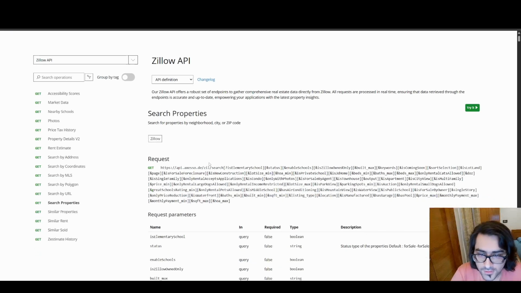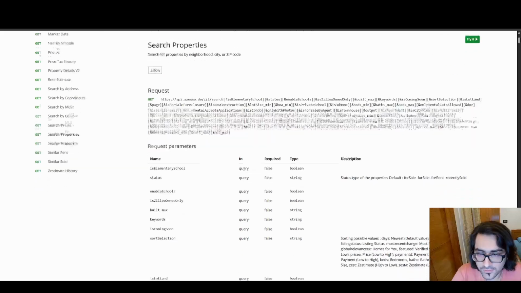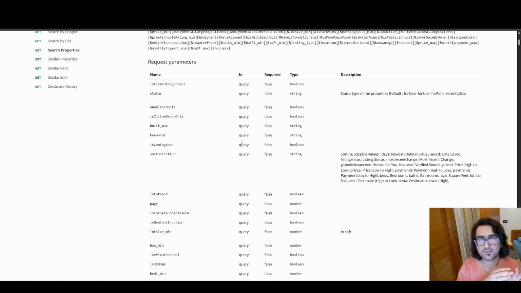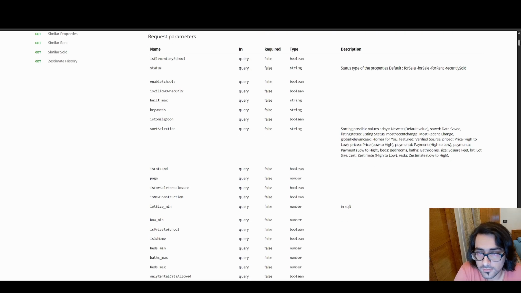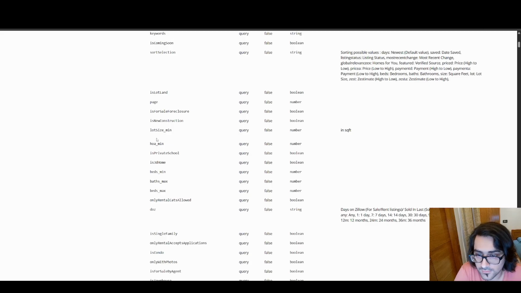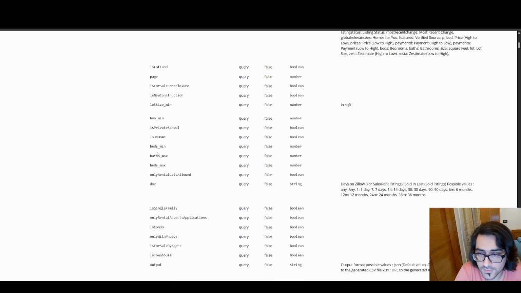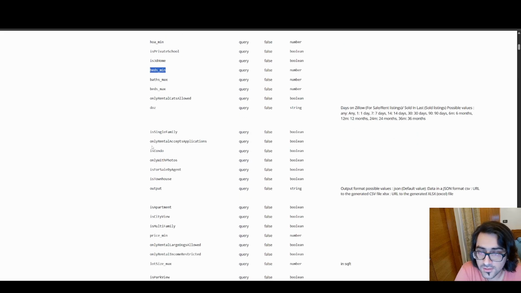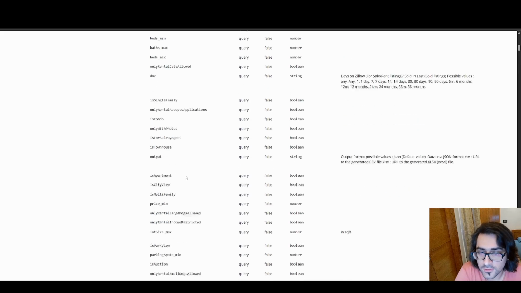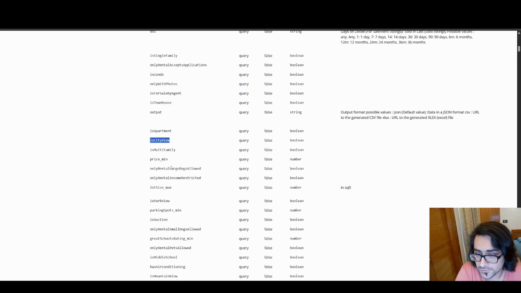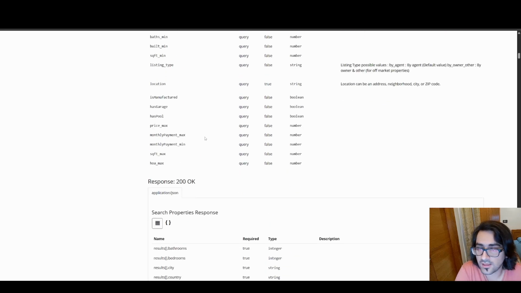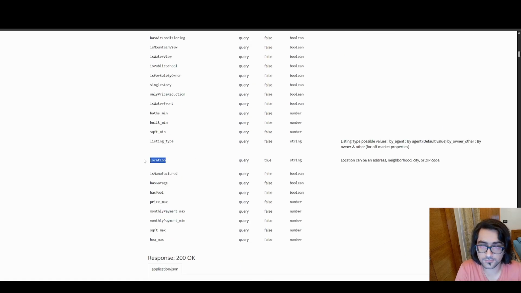We are using this particular API, which is search properties. They have a bunch of parameters that align with Zillow, so you get live and really accurate properties. You can have whatever parameters are up to you. Status, that is for sale, for rent, recently sold, lot size, the minimum number of bedrooms that we're using. Is it a condo? Is it a townhouse? Is it an apartment? Does it have a city view? Minimum price, parking view. It has a lot, right? Also location. This is